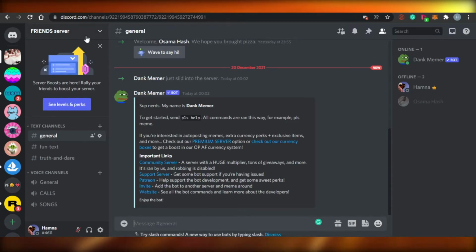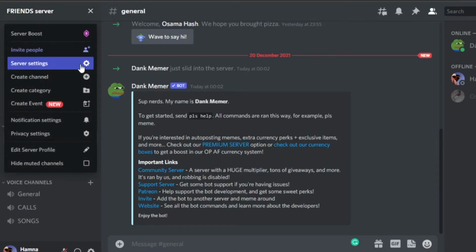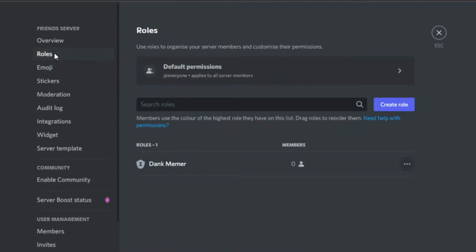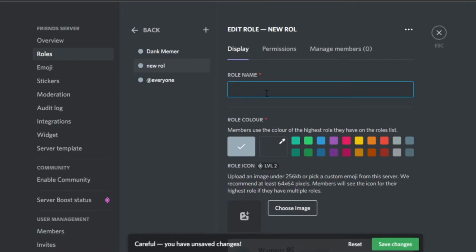Now let me show you some of the other settings that you should go for in order to create a good server. So you will simply go to server and we will go to server settings. In the settings we will actually go to roles, and you can create different roles for different people. This is actually pretty cool that you can give different permissions to different roles. So you will simply click on create a role, and once you do that you will add the name for the role. For example, this is going to be a friends server, so I am going to give a role of